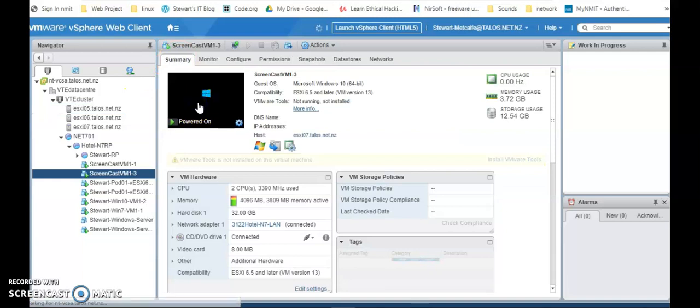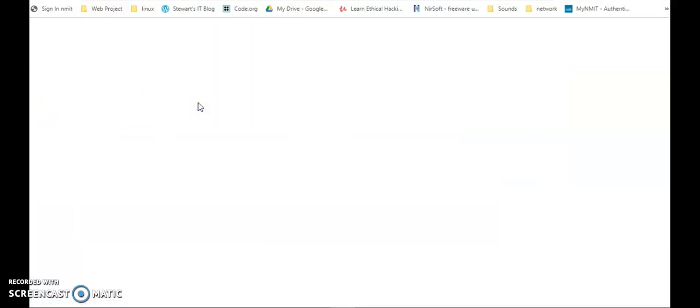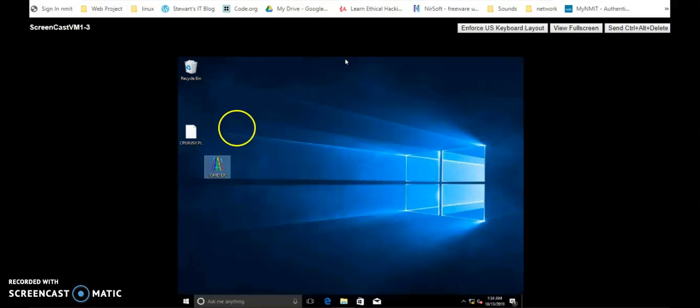And for a summary, you can open a console again. And as you can see, the machine didn't need to reboot, and we have our CPU Busy and IMeter app